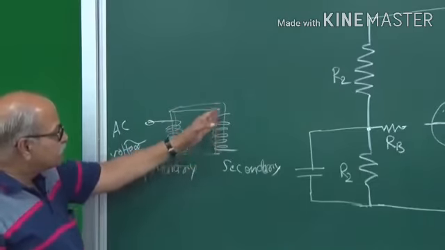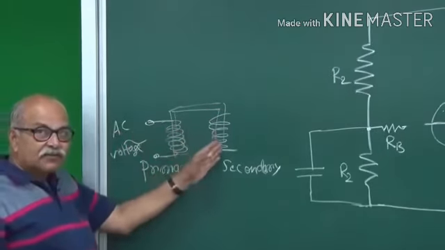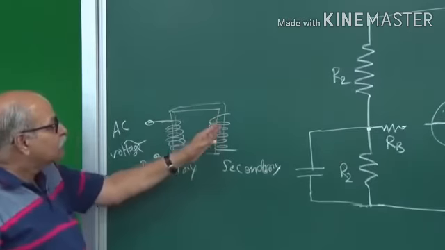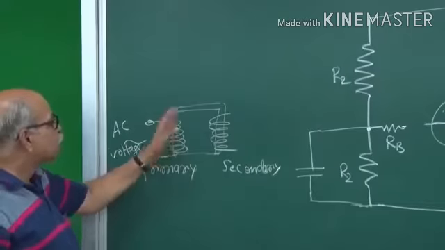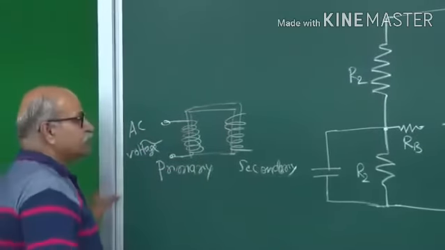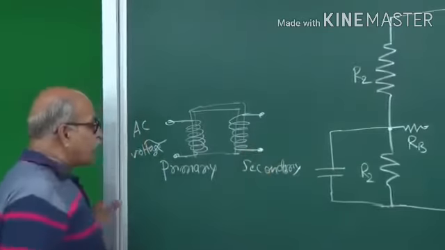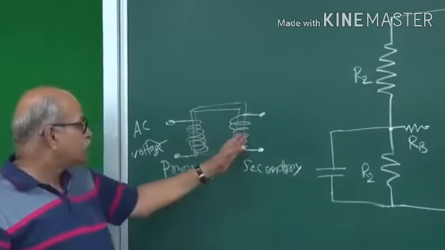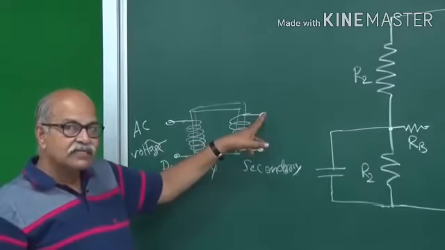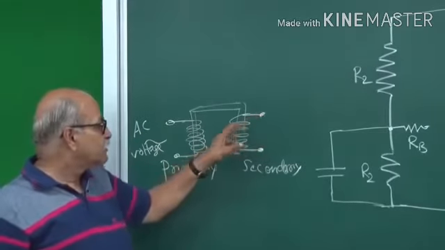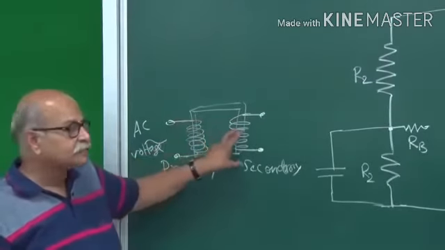A flux is generated. Since it is varying with time, this flux also changes with time, and then you have a voltage induced here. Then you have all that mutual inductance, all those mathematics can be done. So you produce a voltage here, and the ratio can be determined. How much voltage is here and how much voltage is here is determined by the number of turns here and the number of turns here.